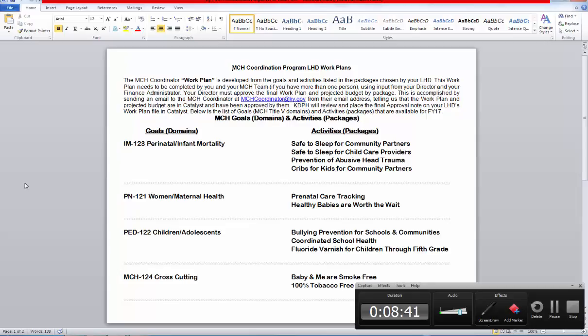This is accomplished by sending an email to mchcoordinator@ky.gov from the director's email address, telling us that the work plan and projected budget are in Catalyst and have been approved by them. KDPH will review and place the final approval note on your LHD's work plan file in Catalyst. Below is the list of goals, or MCH Title V domains, and activities, or packages, that are available for